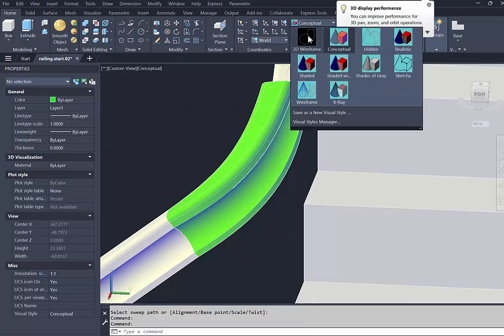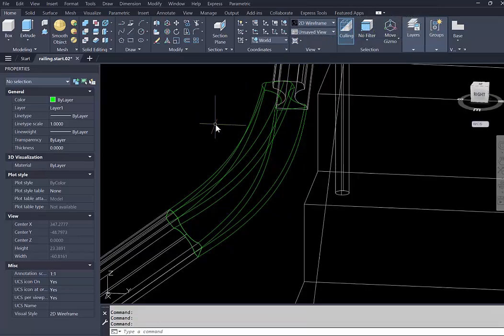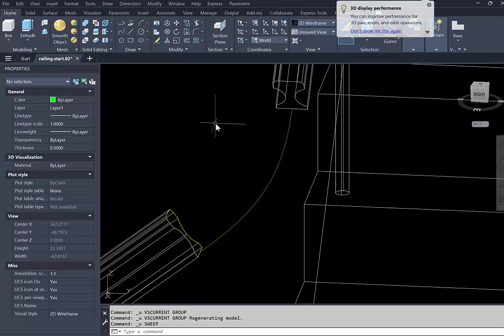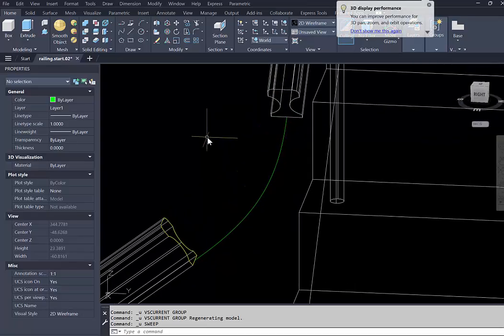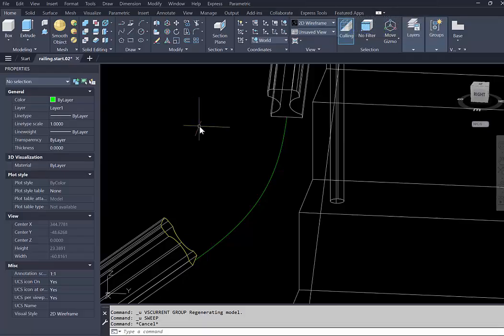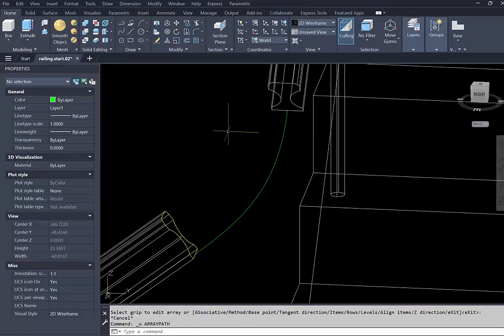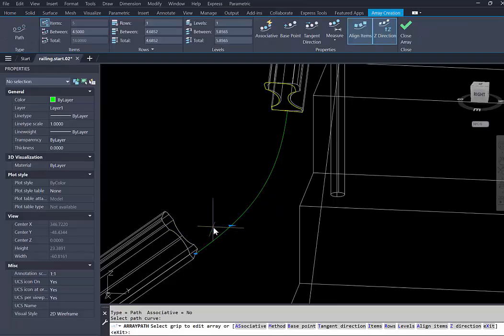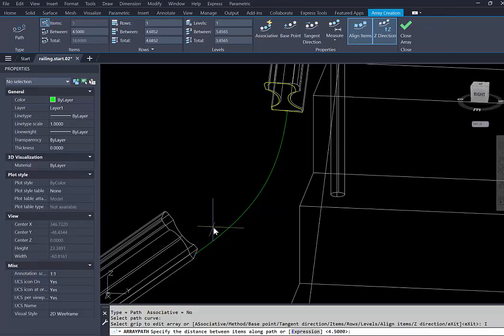All right, let's go back to our 2D wireframe and go back to this. So what we're going to do is a different method. We're going to create a bunch of cross sections along that spline and then use the loft command. So I'm going to start off with array path. We'll select the cross section and we'll select the path and we'll say the number of items I is